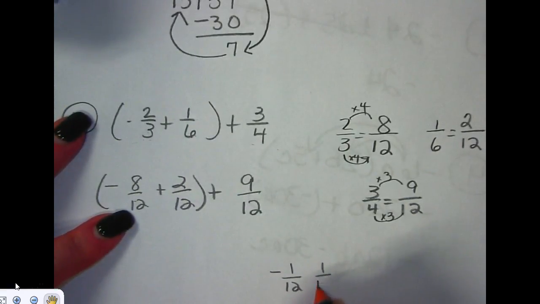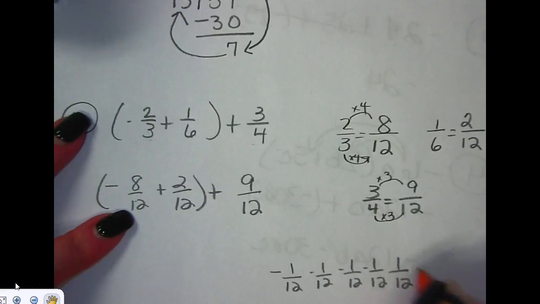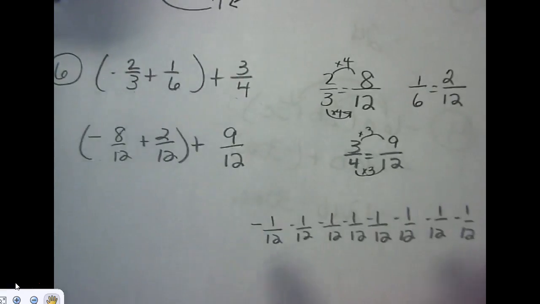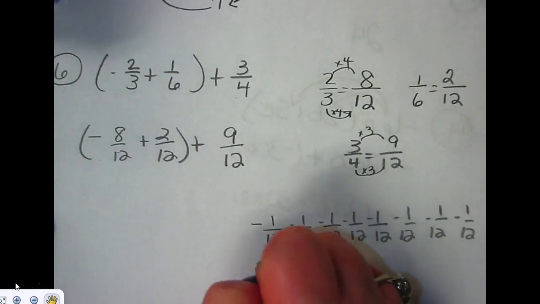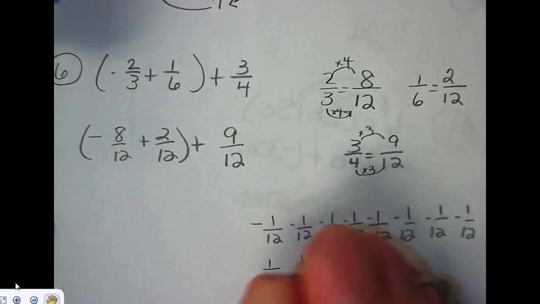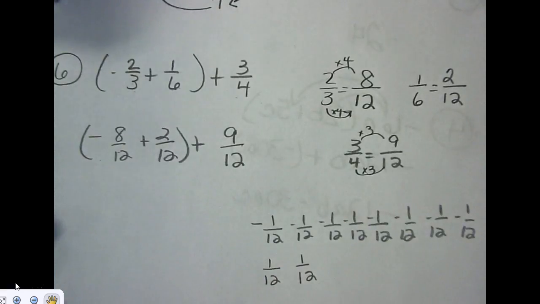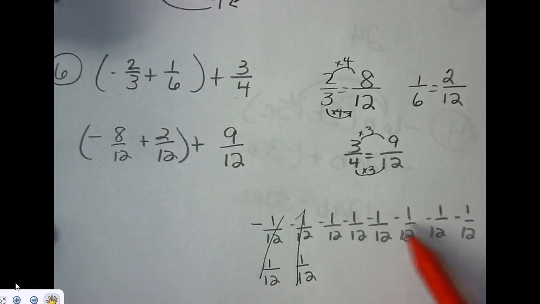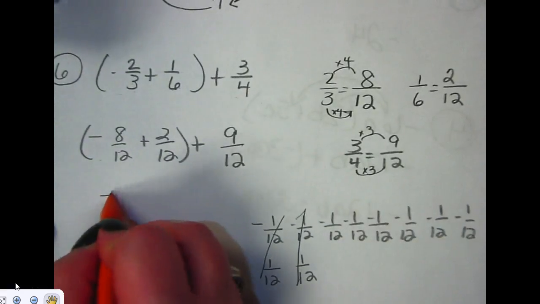1, 2, 3, 4, 5, 6, 7, 8. And then what do I have? I have 2 positive 1/12. Now what? Cross off 0 pairs. And I have negative 6/12